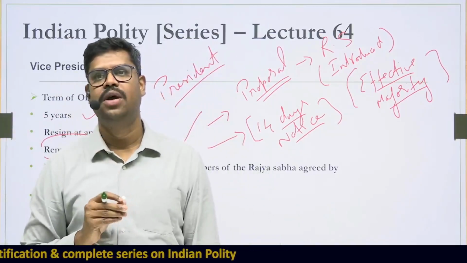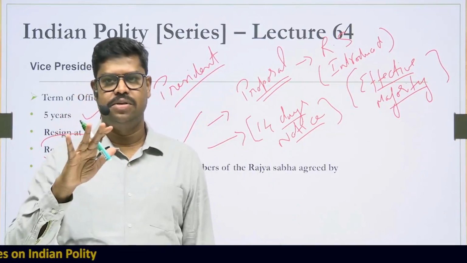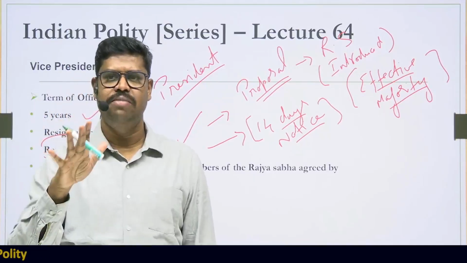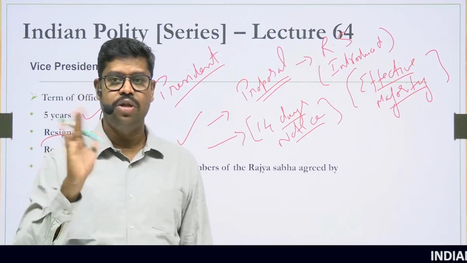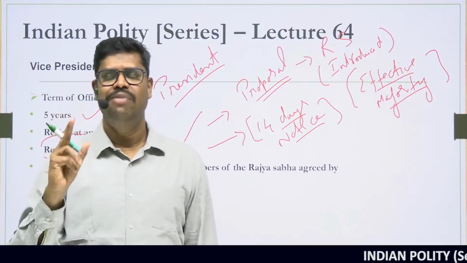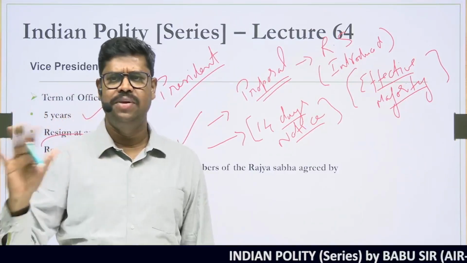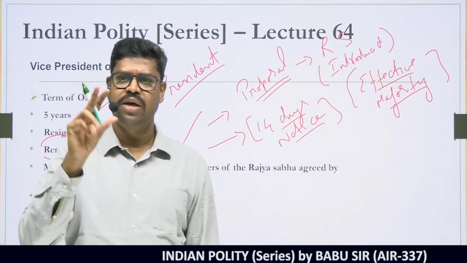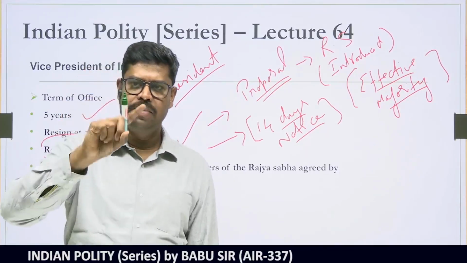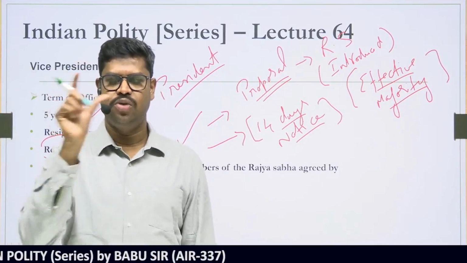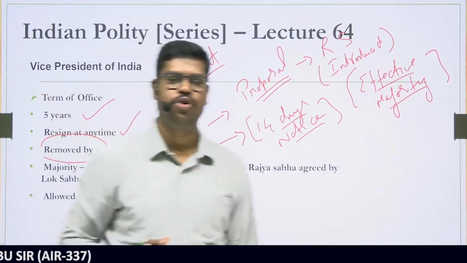For example, let us assume in the Rajya Sabha there are only 230 members. That means the total membership is 245, but let us assume there are 15 vacancies. Vacancies can be because of any reason. I am not talking about absence, I am talking about vacancies. Vacancies may be because of disqualification of members, maybe death of some members, whatever be the reason. Suppose there are 15 vacancies, so there are only 230 effective members. So effective membership is total membership minus vacancy, 245 minus 15, which is 230. A majority of that is 116. That would be what is called the effective majority.